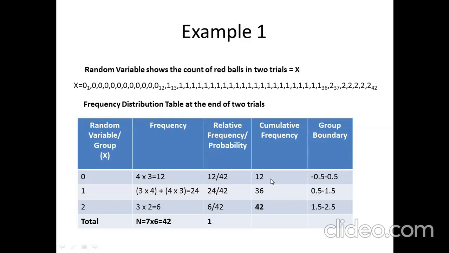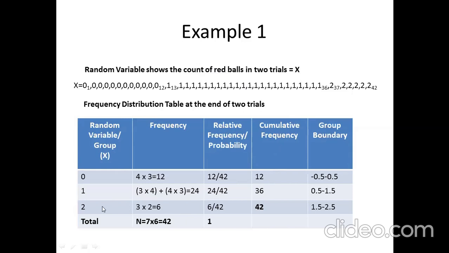Next comes the very important column of cumulative frequency. For 0 we had the frequency of 12, and the cumulative of it would be 12 because there's no other frequency previously to it. Then we had the value of 1, and the cumulative frequency is 36. 24 plus 12 is 36. And this is also seen over here, that till the 36th value of the data set we have ones, right? Till the 12th value of the data set we had 0. So you can see the relationship between the two, the way we have written this data set x, and the way the cumulative frequencies are working.